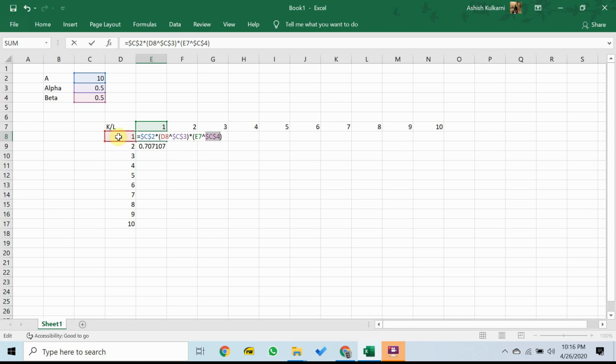But there are a couple of problems. The red rectangle, which is cell D8, and the green rectangle, which is cell E7. What are the problems? The problems are I want D8 to move up and down because I want 1 to become 2 and 2 to become 3 and 3 to become 4 and so on and so forth. But I do not want this moving left and right. Similarly, in this cell, what I want is the cell should be able to move right. 1 should become 2, 2 should become 3 when I copy the formula across the columns. But I don't want the green cell to move down.